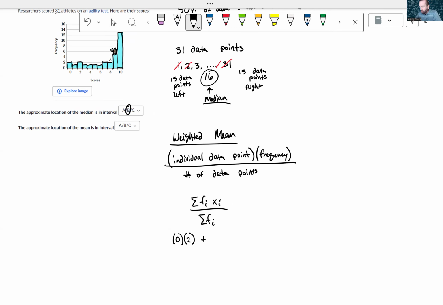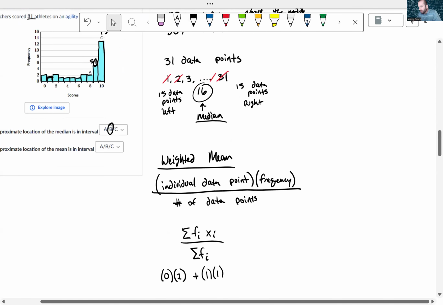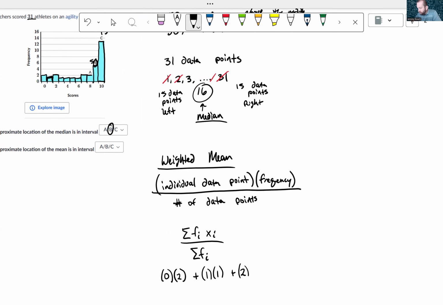For somebody who got a 1, there was 1 person who got a 1 if we look at the next part of our histogram. And we're going to go down the line for all of our histogram here. If we try to zoom in a little bit. So for somebody who got a 2, there were 2 people that got a 2. 2 times 2. Plus there was 1 person who got a 3. 3 times 1. Plus